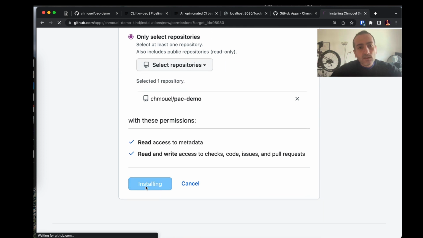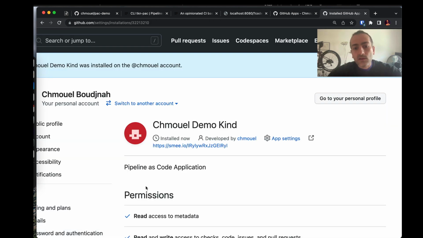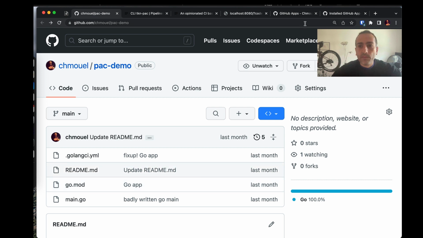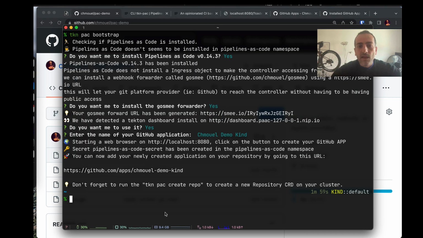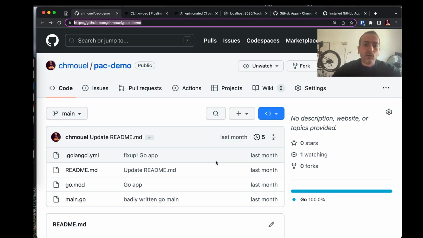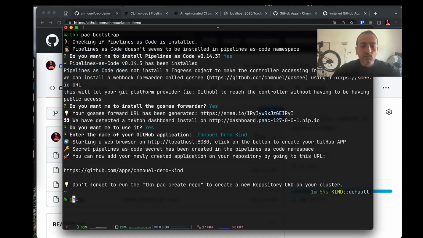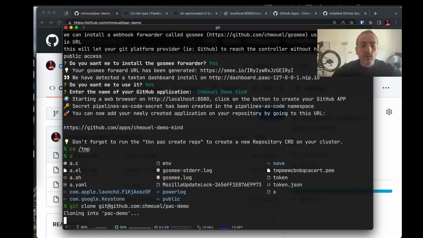So now my GitHub app is going to handle the events that are happening on my demo app. So that's all installed. Now I'm going to check out my demo repo,